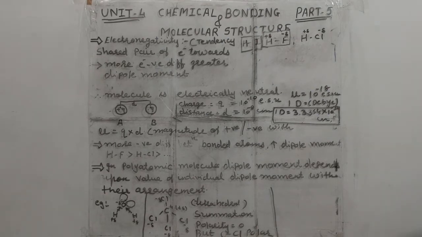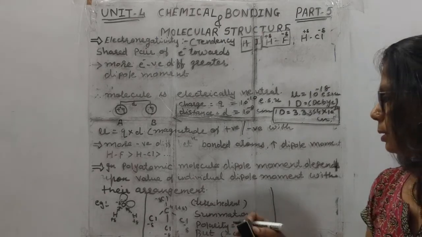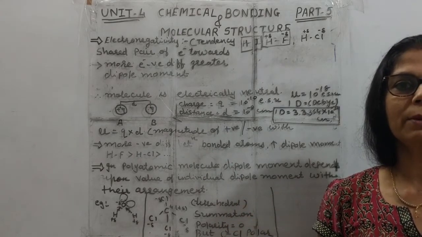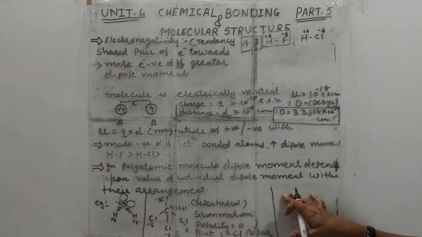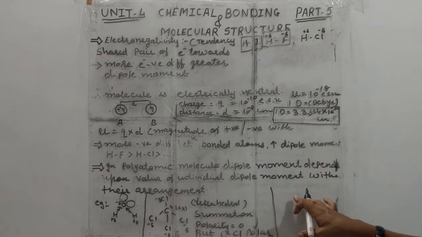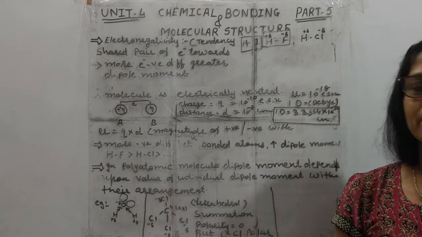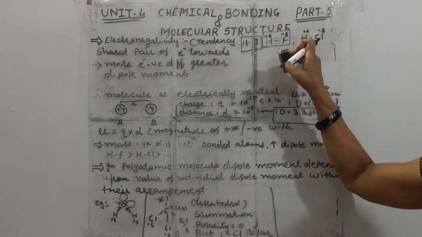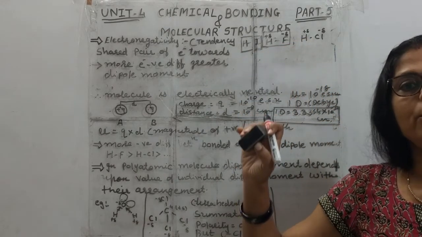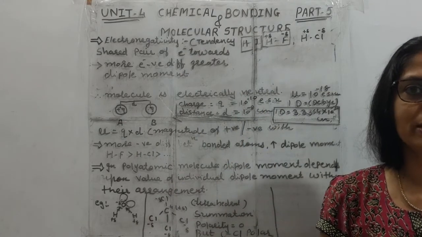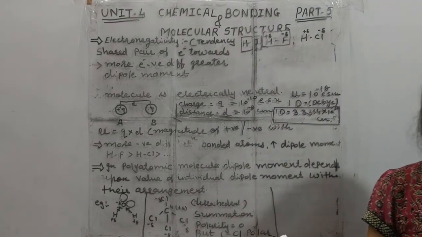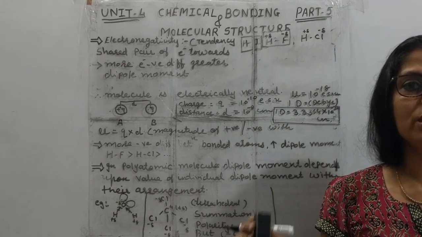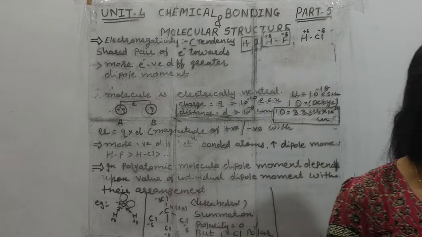Now we'll take some examples. Before, we have studied the example of H2O also. So now here we'll just take an example. This is the only diatomic molecule we have considered. Now we'll go about the polyatomic molecule also. In a diatomic molecule, one and the other are considered electrically neutral. But what about a polyatomic molecule?